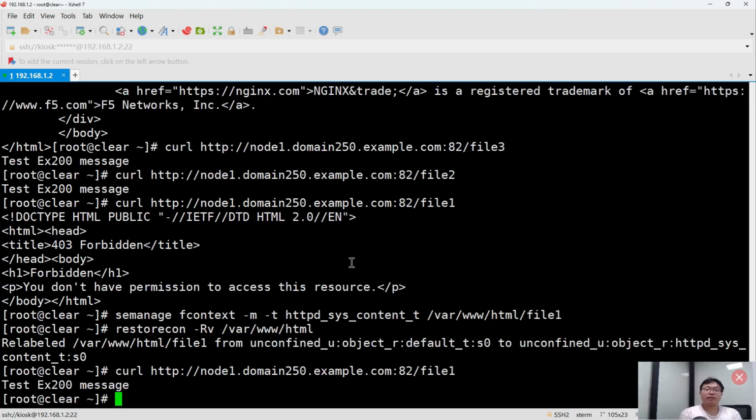So, the final result is that you can normally access our source code, and all the files under our HTML directory can also be accessed. That's all you need. The specifics here depend on your actual situation. One more thing, if the firewall is blocking port 82, remember to allow it as well. Changing the port is all done here, right? The command is actually quite simple. You just do it directly through